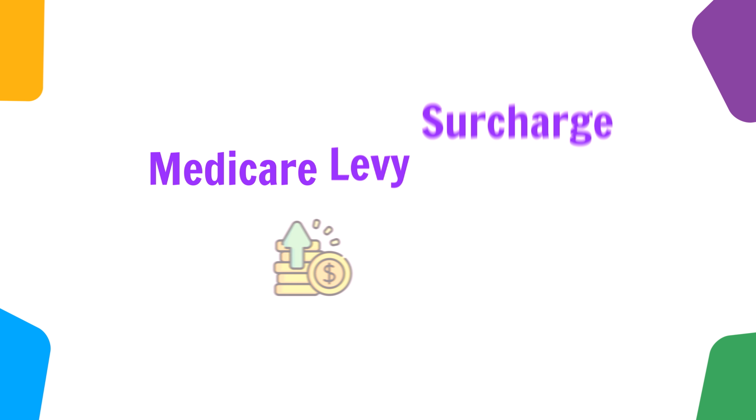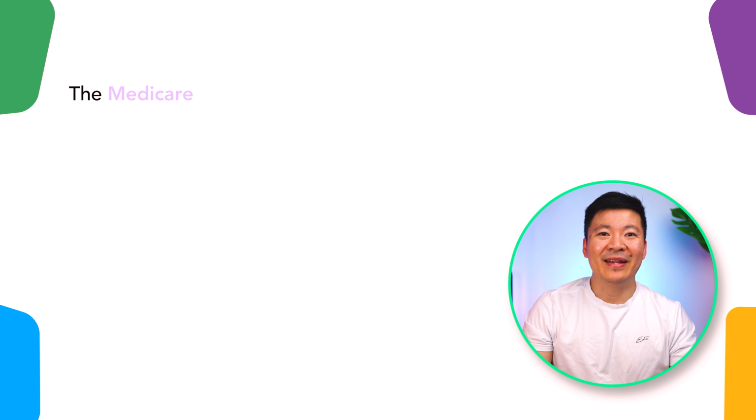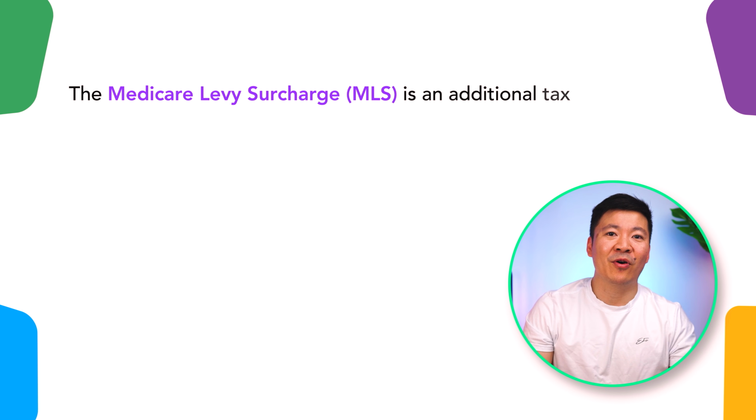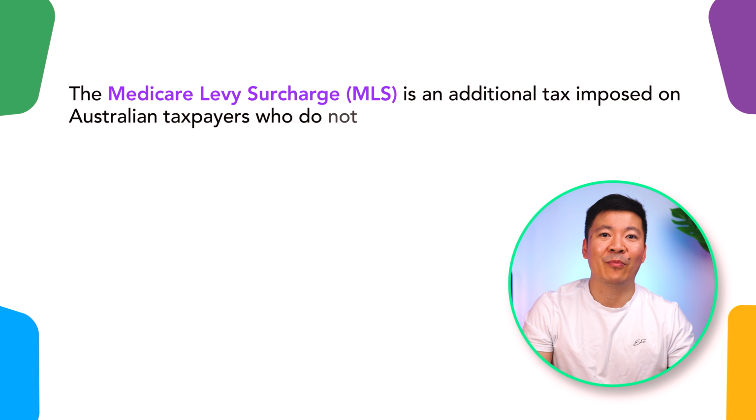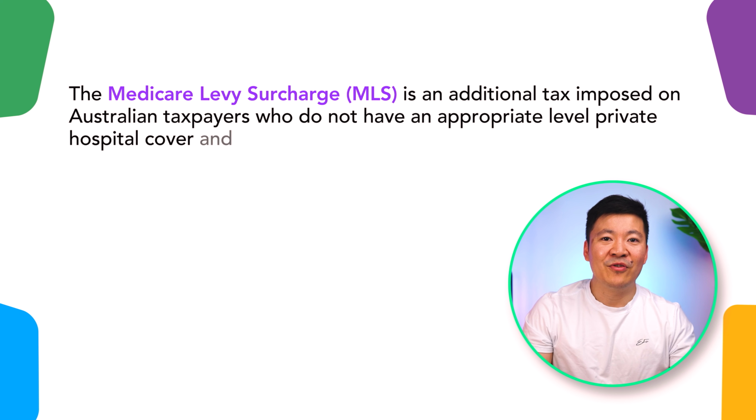Let's now talk about the Medicare Levy Surcharge. The Medicare Levy Surcharge is an additional tax imposed on Australian taxpayers who do not have an appropriate level of private hospital cover and whose income exceeds certain thresholds. So basically, they'll charge you more tax if you earn too much and don't have private health insurance. It is designed to encourage individuals to take out private hospital cover, thereby reducing the demand on the public Medicare